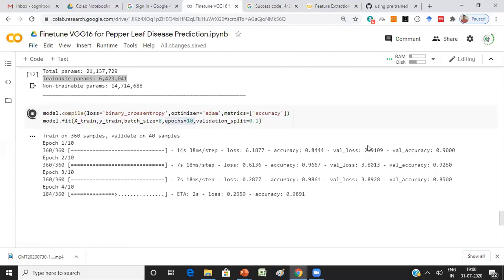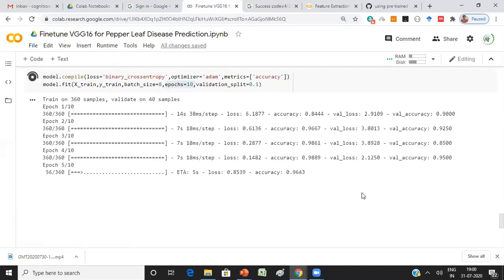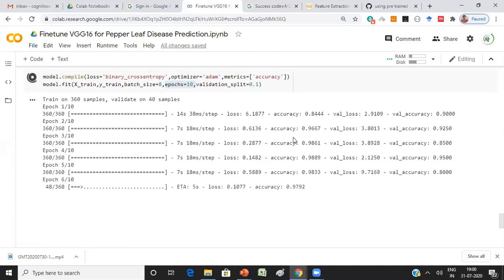See, here validation loss is increasing basically. But slowly over the epochs, it's reducing, your validation accuracy is increasing, and your training accuracy is also improving.